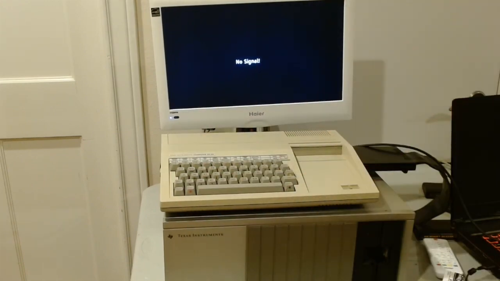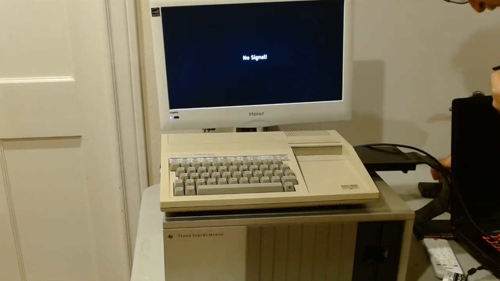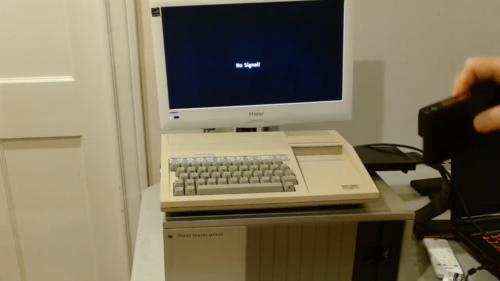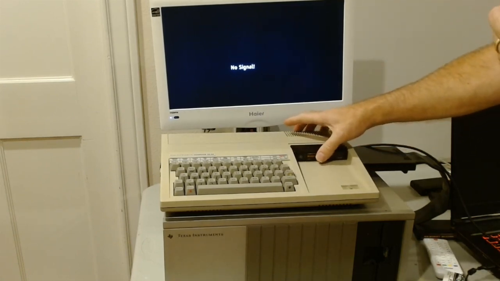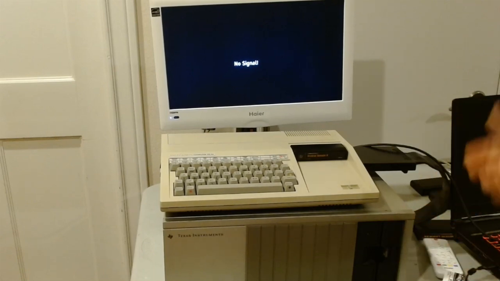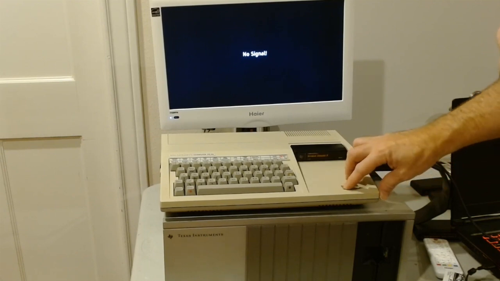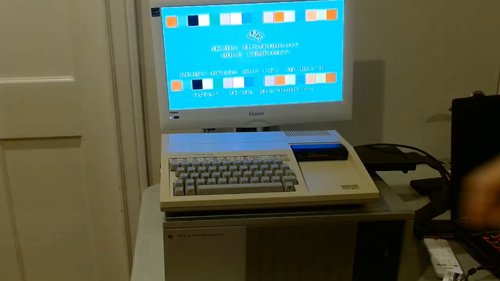So the RS-232 for the TI-99/4A peripheral expansion box is a standard device, so you can talk to it just like you could a disk or what have you. But there's a special cart that's really good. It's actually somewhat of a rare cart, but it's the Terminal Emulator 2. And that's this one right here. So plug that in. And we don't need a disk for this one, but we do need the expansion interface because it has the RS-232 on it. So when the Terminal Emulator 2 comes up,